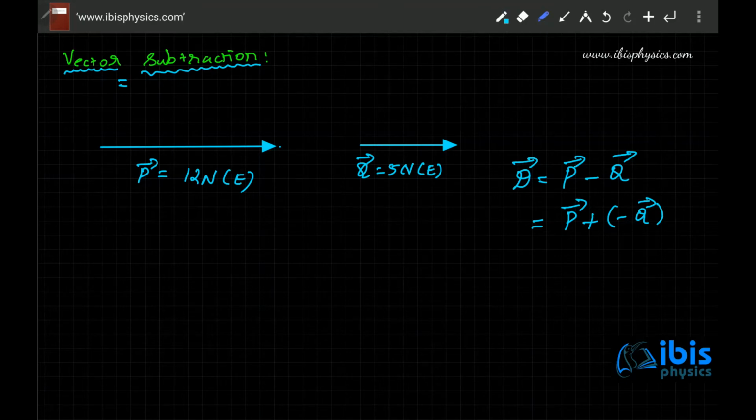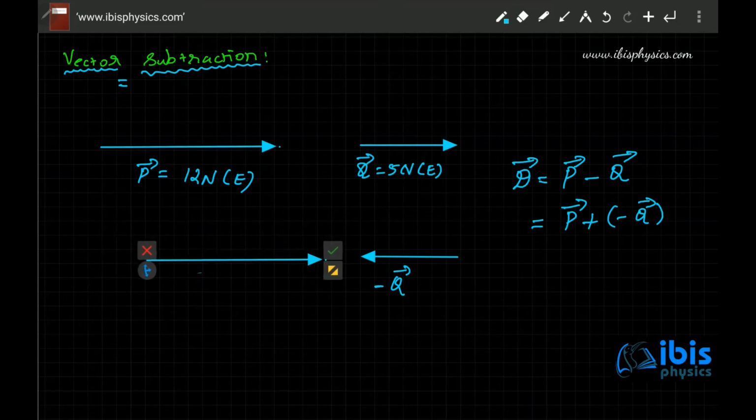Because a vector has both direction and magnitude, if you reverse the direction, that becomes the negative of that vector. So let us reverse the direction. Now I have given a 180-degree rotation. If this is q vector, the length is the same but the direction is opposite. This is actually minus q vector. Now this is p vector, this is still p vector.